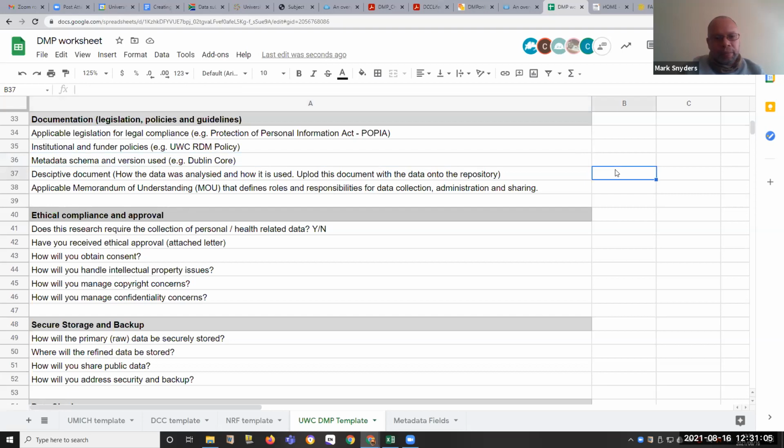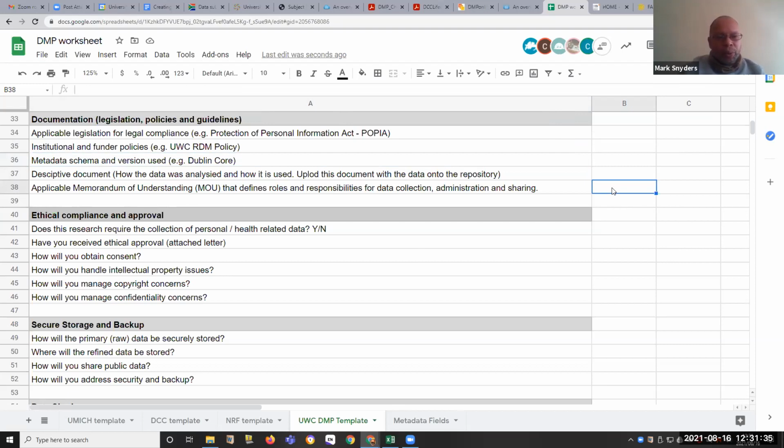And then your descriptive document in terms of how your data was collected, how it was analyzed, and how it was used, and how it is intended to be used. As I said earlier, this is the part where you explain how your data was used and supports how you came to various conclusions. If you have any kind of memorandum of understanding, it is important to include those as well, especially when it comes to defining roles and responsibilities for data collection.